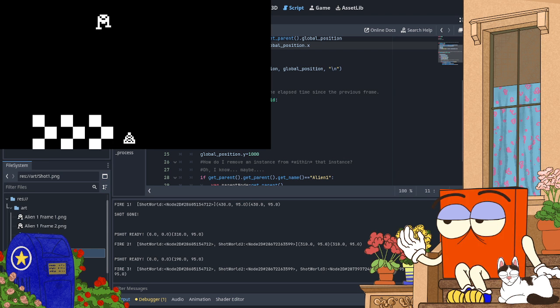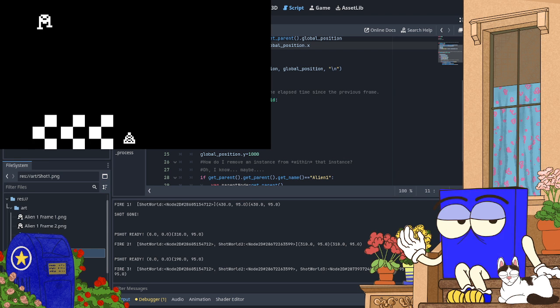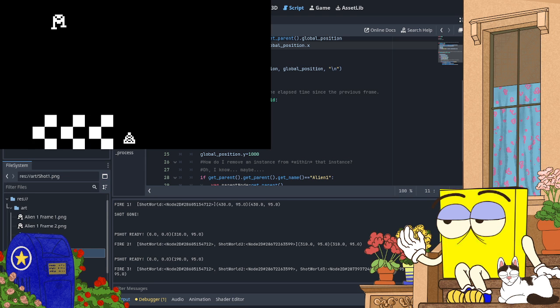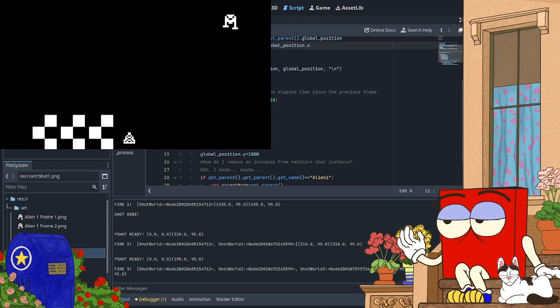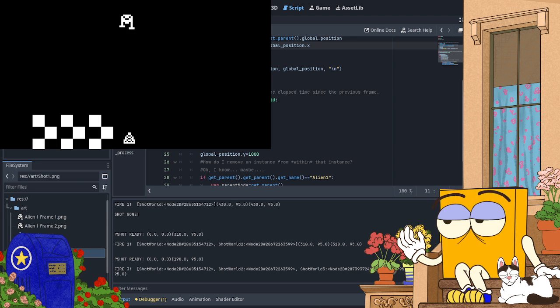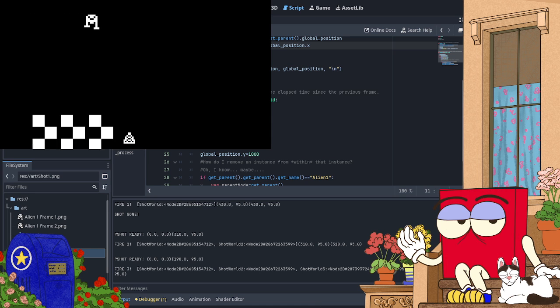It's not following it. It stays where it appeared. So, I've made progress. This is pretty good.